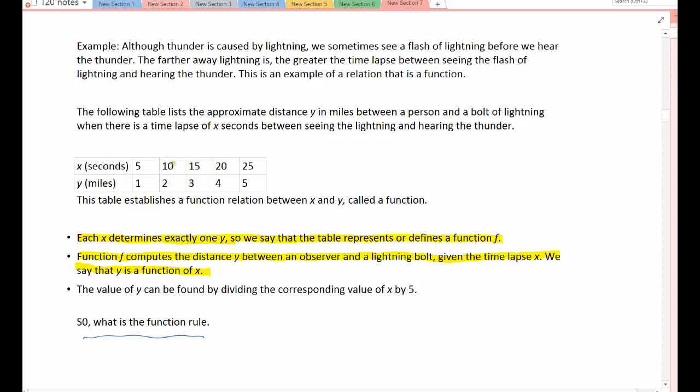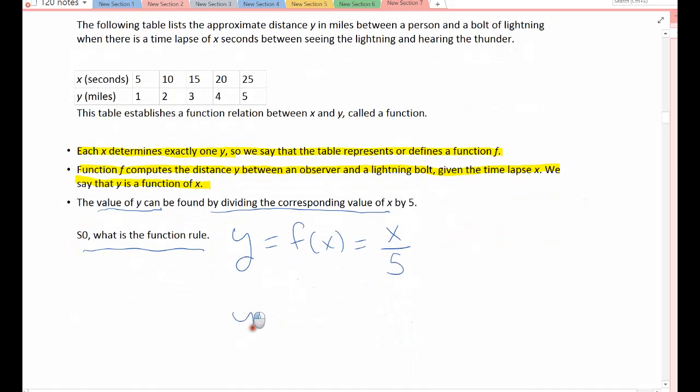If you notice, for every 5 seconds, it goes up by a mile, right? The first 5 seconds is 1 mile. The second 5 seconds, it's now 2 miles. It goes to 10, and 15. And so the rule is, we can find our distance, our y value, by dividing the x value, the time, by 5. So you take your seconds, divide it by 5, and it'll tell you how far away the lightning was in miles. All right? And so the function rule is y equals f of x, where we have x divided by 5. That's our rule,